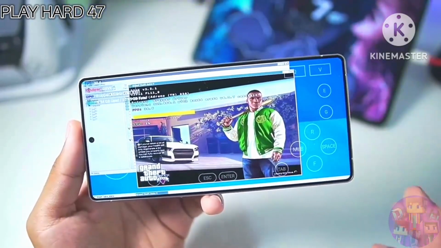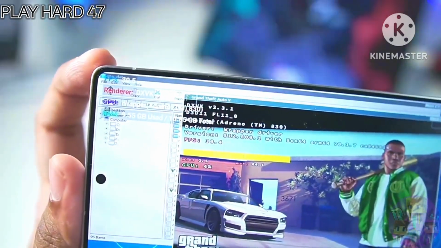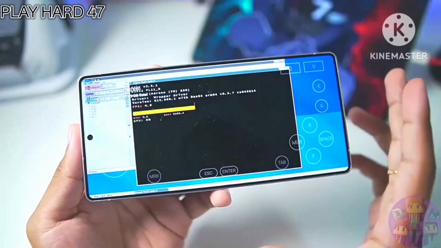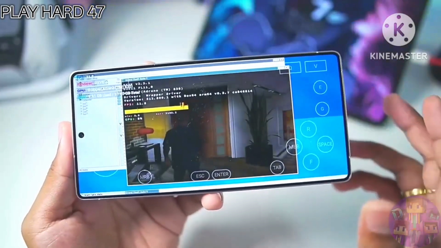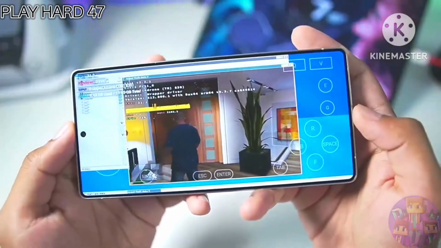Now when you open this game for the first time, you'll notice that it has been launched in a very small window and it is only running at 30 FPS. But don't worry, we have a fix for it. I'll show you guys how to fix that, how to make this full screen, and also make sure that it runs over 30 FPS. So here we go, after adding a save file, our game has successfully started.